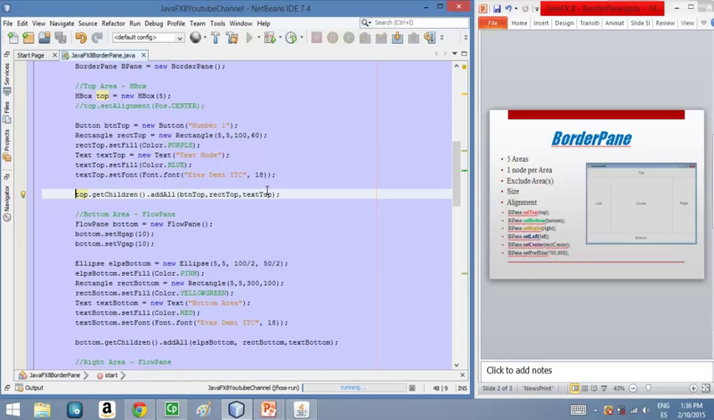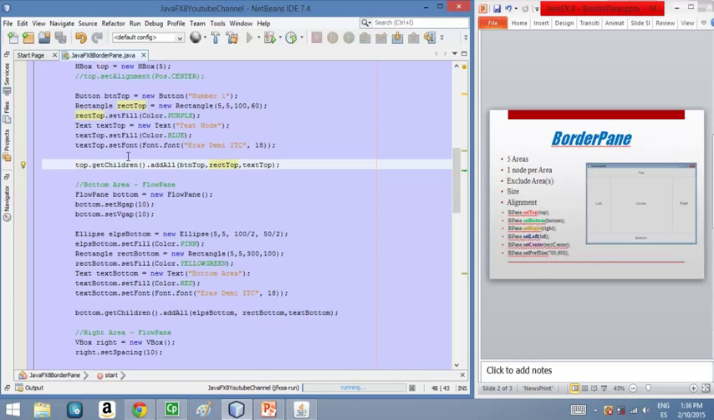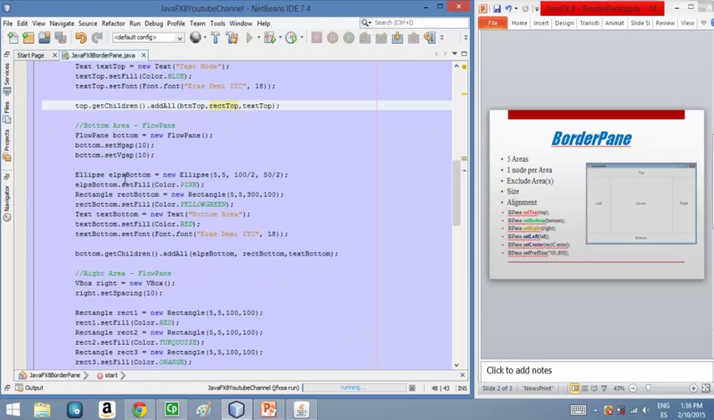We're adding the three elements, and also we are creating, for the bottom area, a FlowPane, and we are defining the H gap and the V gap for those elements, and we are adding three elements: an ellipse, a rectangle, and a text node as well. Okay, so the FlowPane,